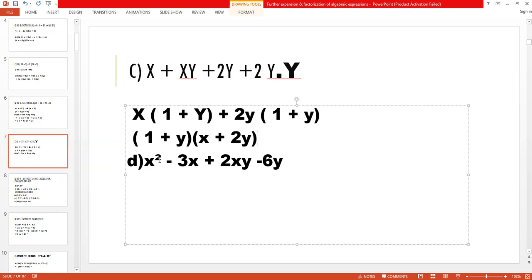Now we come to part D of the same question. X square minus 3x. X square means we have 2 x's. So out of these, one x will be common. And remaining it is x minus 3. Now again, in the second, we have plus. Which sign is given? Plus. If plus is given, you have to write plus. If minus is given, you have to write minus. Okay. And in xy and y, which variable is common? Y is common. Now, 2 will go outside, y will go outside. Which one is left over? X is left over, so we have to write x.